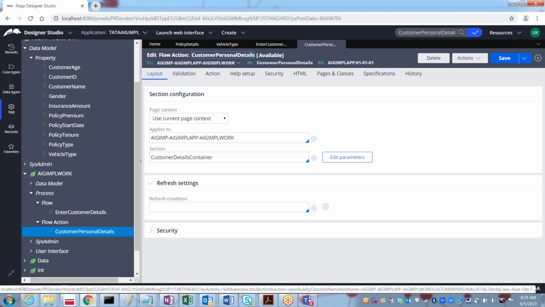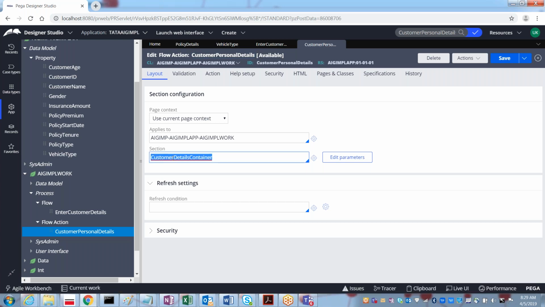Okay, now in this flow action we refer to the customer details container section. So here can we select 3 sections? No, as we can select only one section from the flow action, so we created a container section.